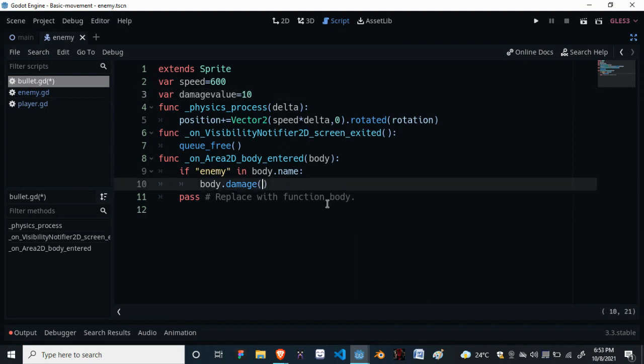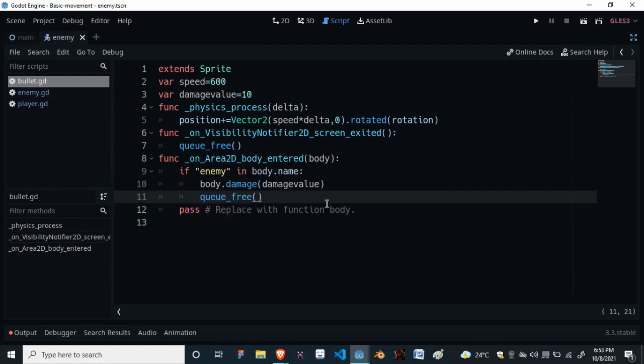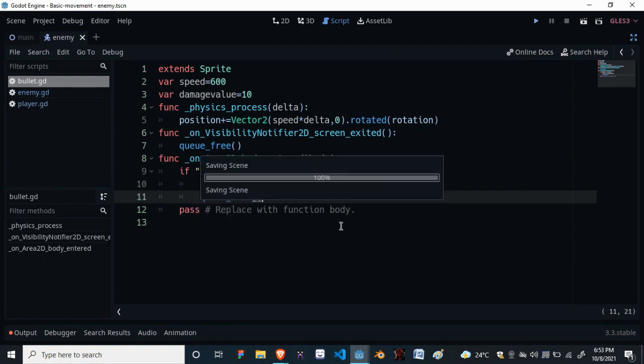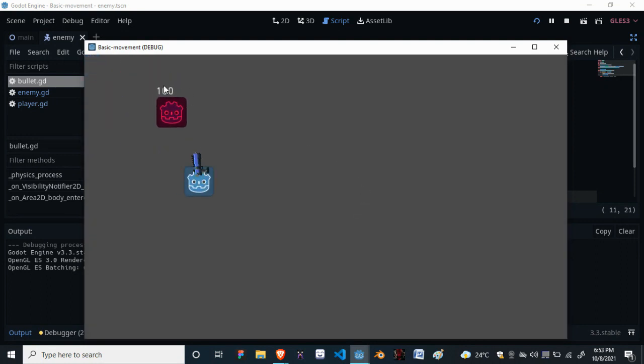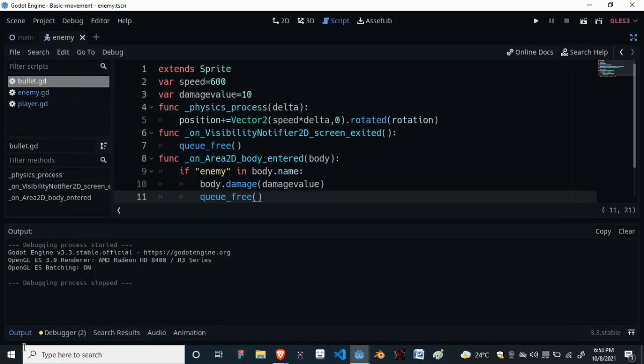I want to give 10 damage to the enemy every time the bullet collides. Now let's check. See, the damage has been done, and after it reaches 0, the enemy is deleted.